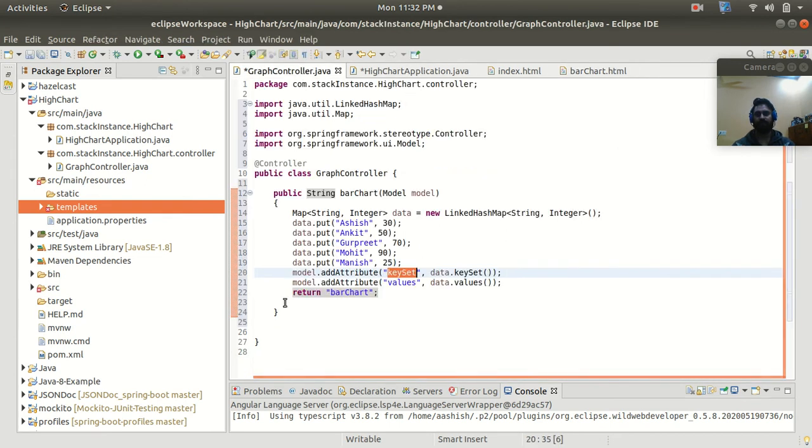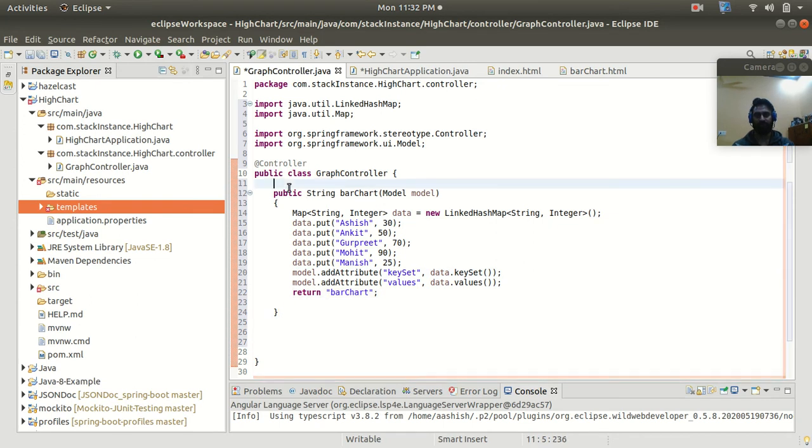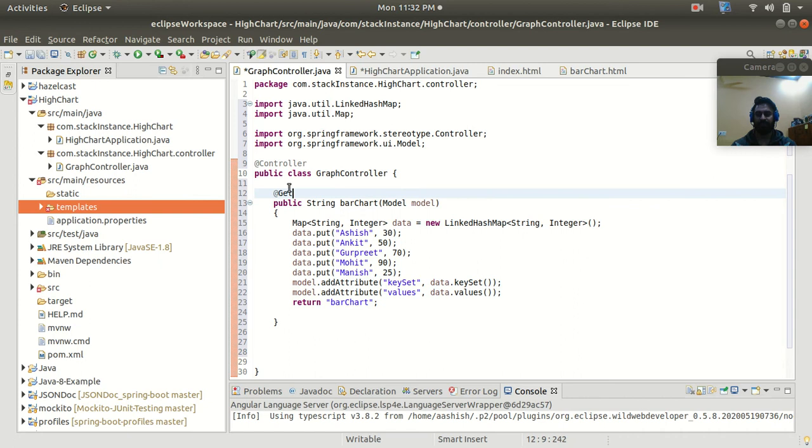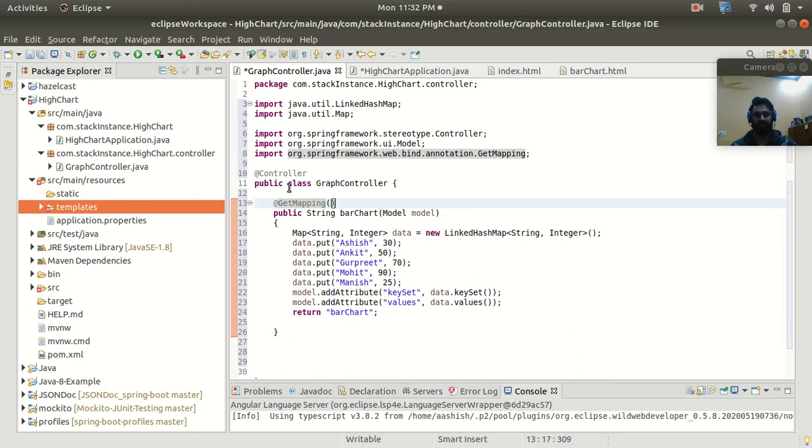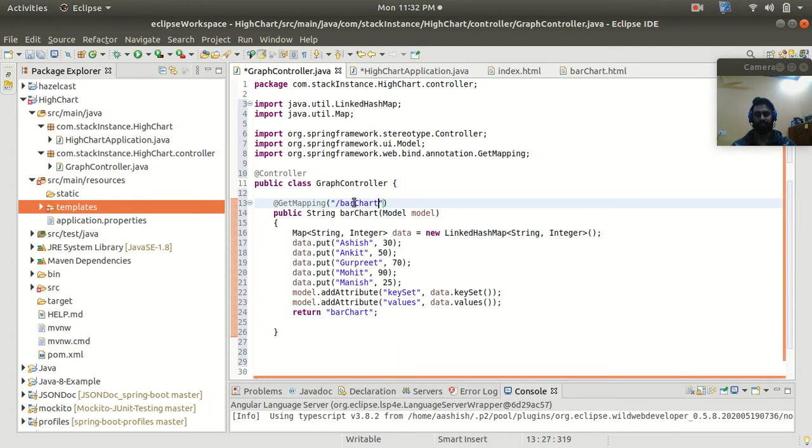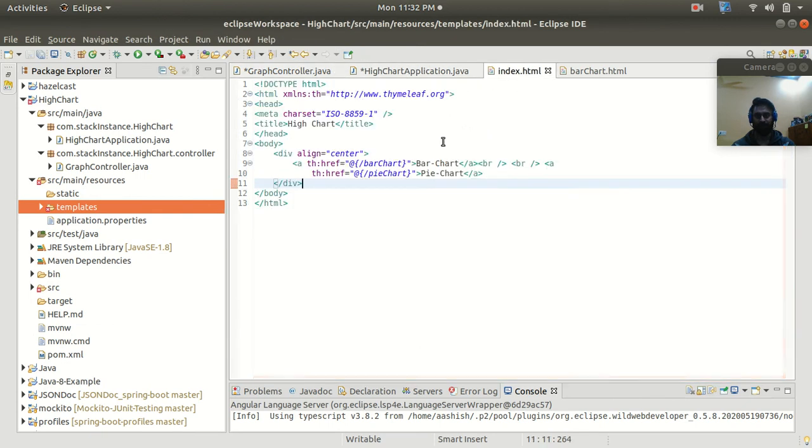Now let's create one more endpoint. So before that, let me add the get mapping, because I want to call this endpoint with the get method. And here I'm going to use the URL as bar chart. So this bar chart path should match with the index.html file here, right?